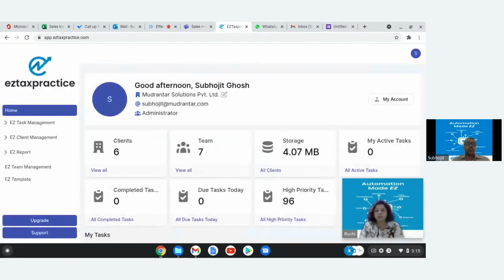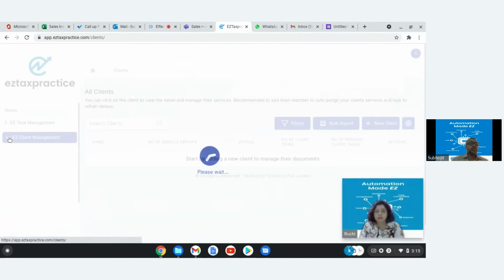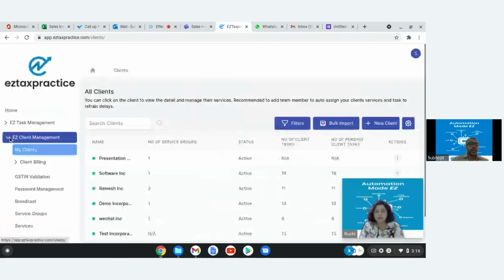EZTaxPractice is the only solution which offers multiple sharing option to your clients, but the receiving of the document is happening at the similar place. So as a practitioner, I don't have to go everywhere to see, okay, this place I've got 2 WhatsApp and this place I've got 4 emails, so my documentation is here. Now think of, I open this client,